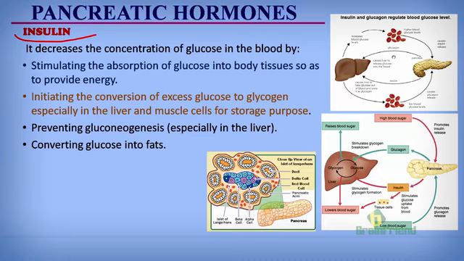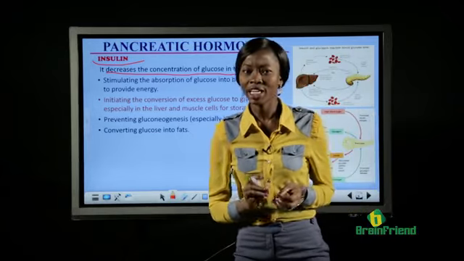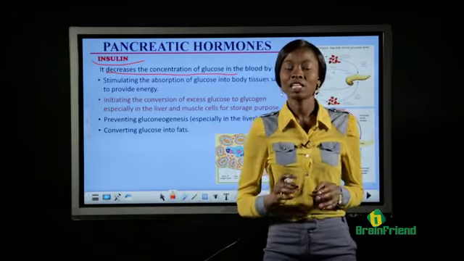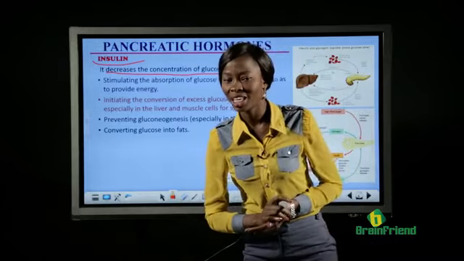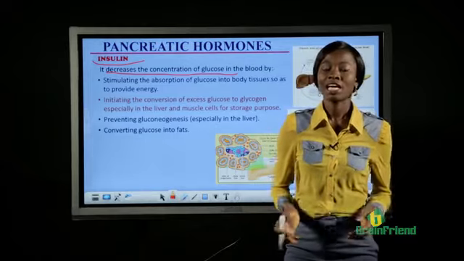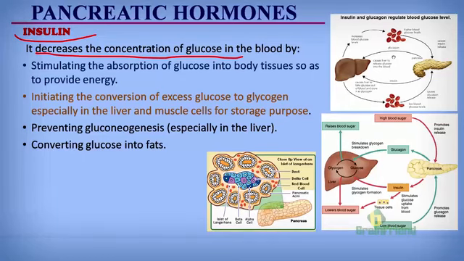Insulin as a hormone helps to decrease the concentration of blood glucose in so many ways. This should tell you that insulin is usually secreted when the level of glucose in the blood is higher than it should be. Sometimes it is secreted during meals or after meals. At that time, it is expected that the concentration of glucose in the blood should be higher than normal, especially after consuming a meal that is rich in carbohydrates.